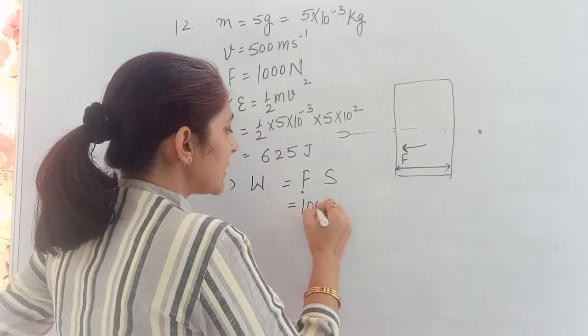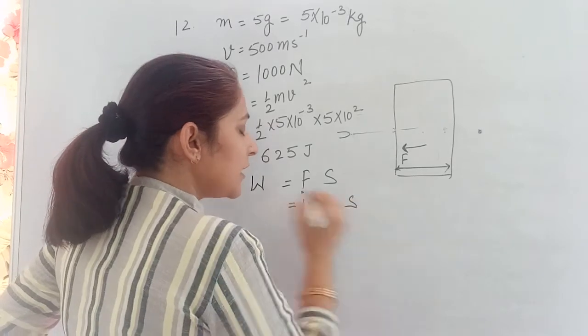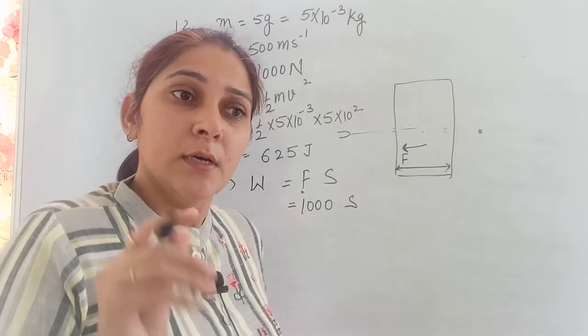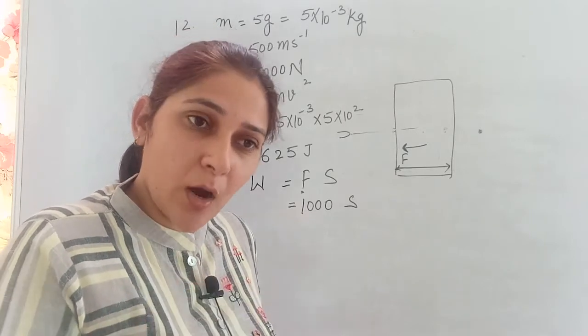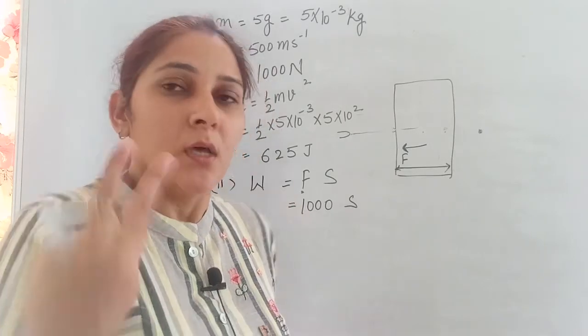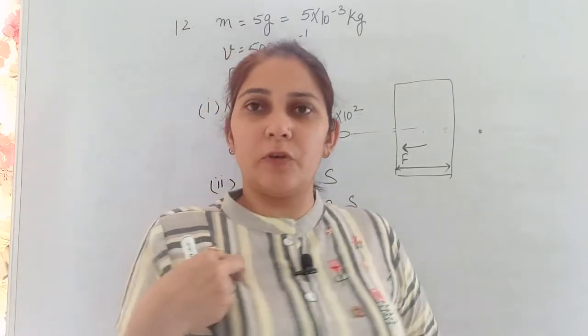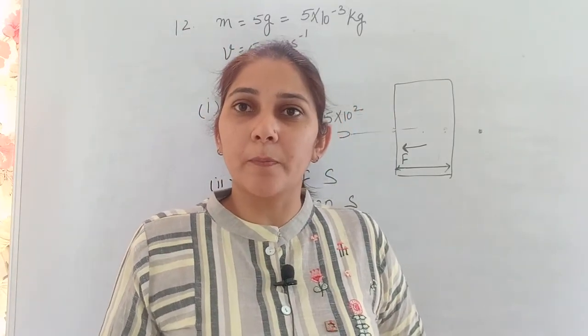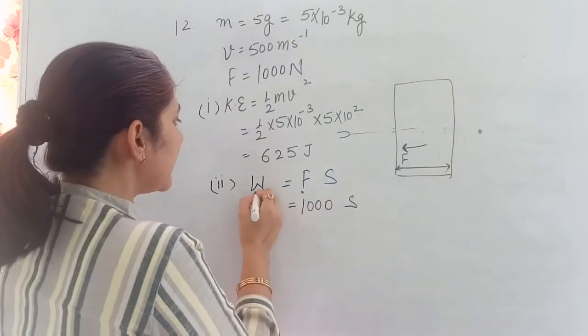Resistive force given to us, that is 1000. Displacement we are not aware how much it is able to do. It is able to do that much amount of work, which amount of energy it has stored. मैं कितना काम कर सकती हूँ? अगर मेरे अंदर 50 जूल of energy stored है, तो मैं 50 जूल का ही work done कर सकती हूँ ना, right? So how much work then it is able to do?